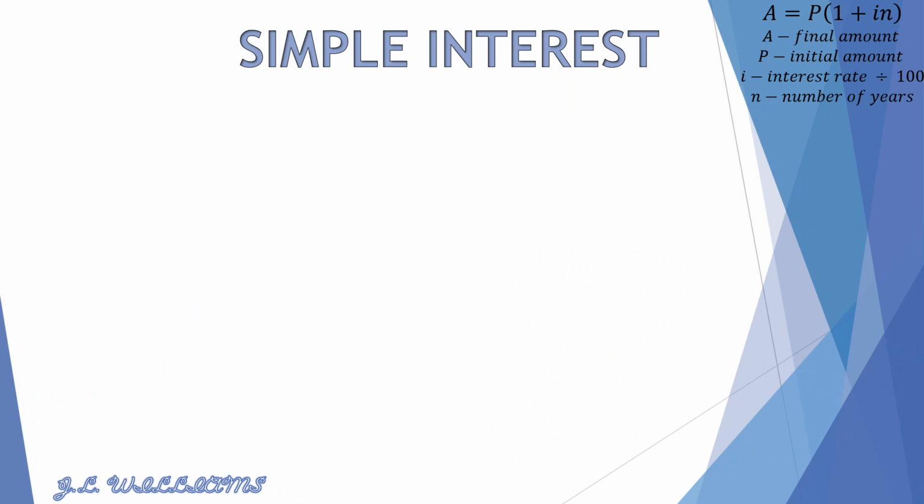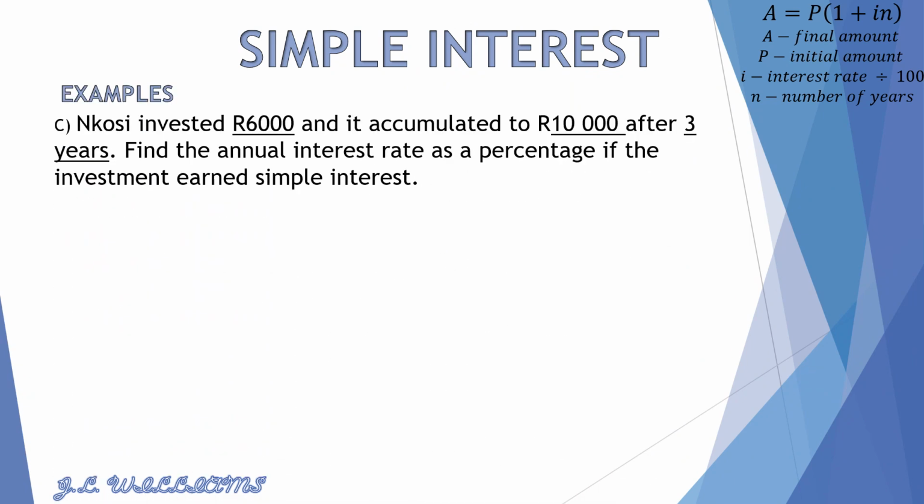This is our third and final example for simple interest, and it reads that Nkosi invested 6,000 Rand. So that is what he invested, and we know the invested amount is our P amount. So he invested 6,000 Rand, and it accumulated to 10,000 Rand. So that's the after amount after 3 years. So we also have our number of years. The question is, find the annual interest rate, the I, find the interest rate as a percentage if the investment